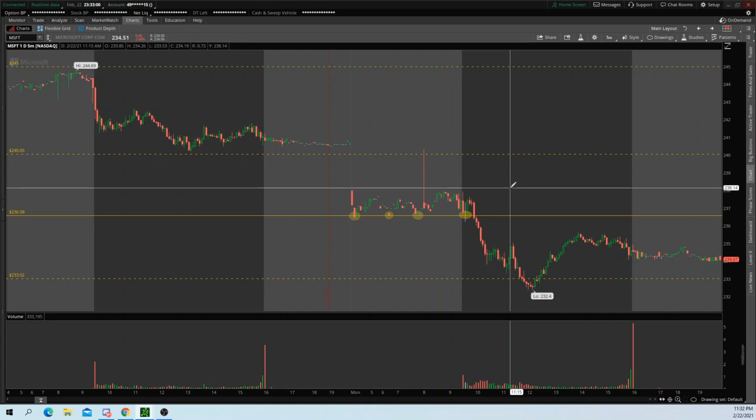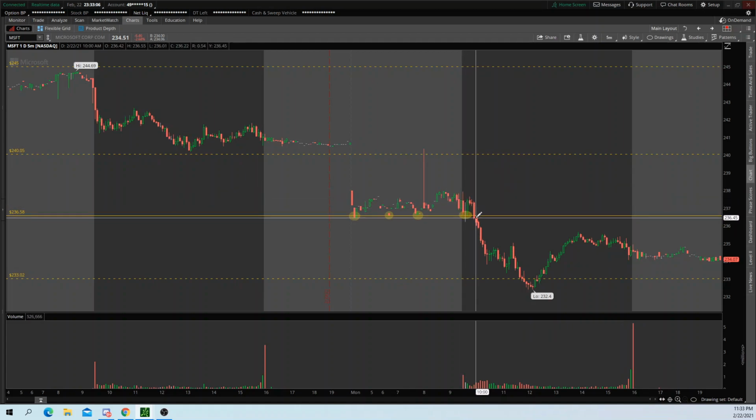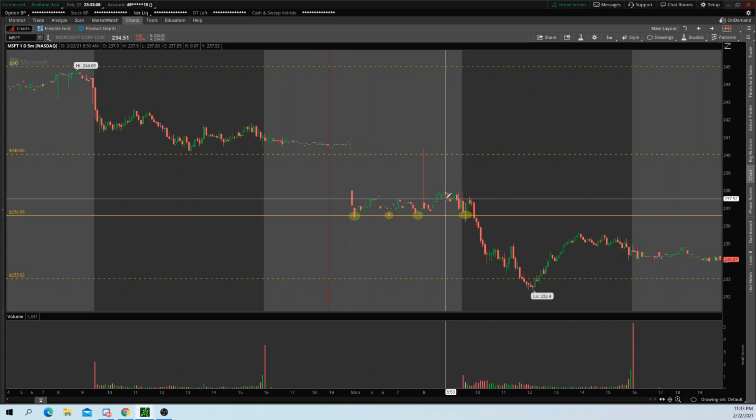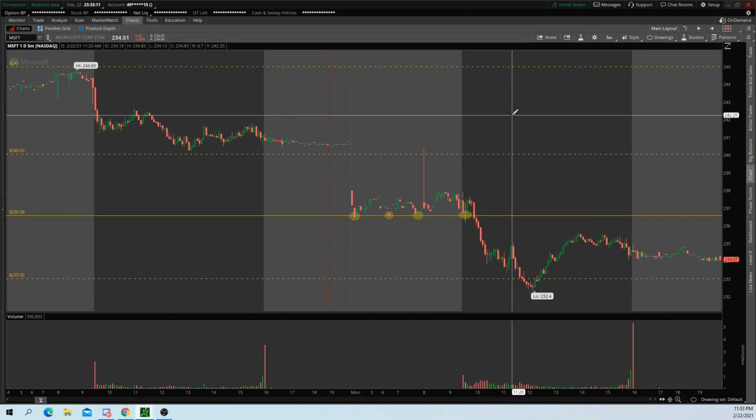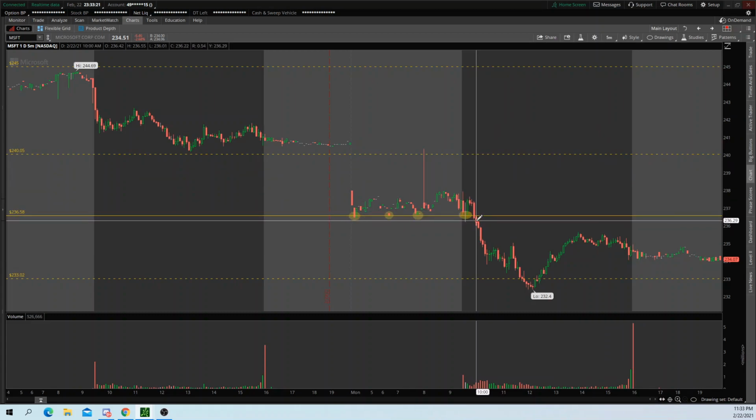So when you see these divergences where QQQ is going higher and Microsoft is failing to go higher, finding resistance, that indicates relative weakness. So I combined relative weakness as well as this support breach, and I bought puts on this candle right here